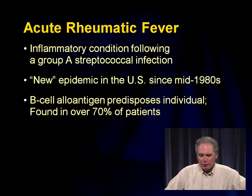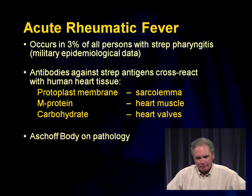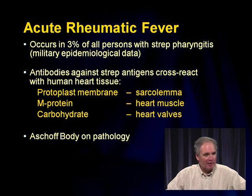We know that there are individuals who are predisposed to rheumatic fever, and there are certain B-cell alloantigens that have been detected in over 70% of patients who get rheumatic fever following a group A strep infection. This is interesting because it's hard to believe, okay? But this is from military data, and since half of our residents are from the United States Air Force, we looked this up in the military literature, and this is what's stated. Among military recruits, 3% who get a strep infection get rheumatic fever. Sounds high, doesn't it? Think of all the kids who you see with strep infections, but that's the answer on